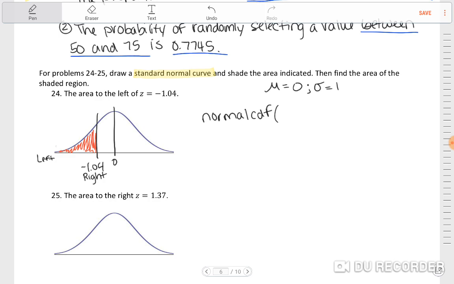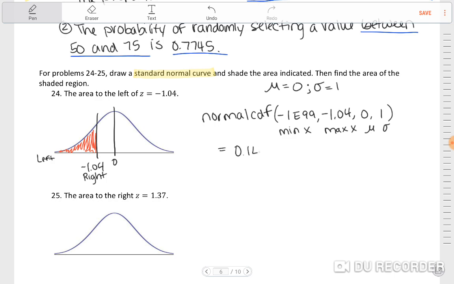So on the left here, I'm going to put negative infinity, so negative 1e99. The farthest right number is negative 1.04. And then we follow that with mean and then standard deviation. So on your formula sheet, it does say normal CDF, and it says min x, max x, mean, standard deviation. Okay, so when you type that in, you're going to get